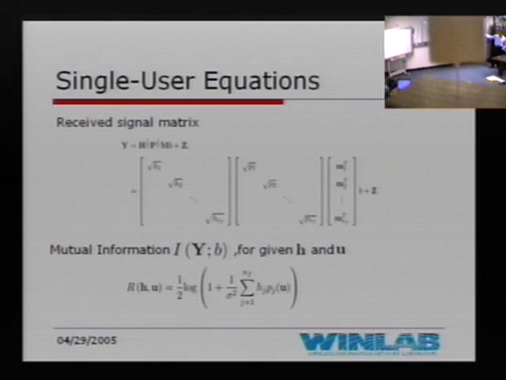So, if we go on and write the mutual information between this matrix capital Y and this symbol B, we can go through the machinery, and this is basically what we obtain. We have this term PG of U, which is the power put in the jth subchannel, and as we said, the transmitter has access to U, so the power he puts is a function of U times the channel gain H at the jth subchannel. And if you see this summation over all subchannels, this is because I am replicating the same symbol in all the subchannels, so I get a summation. And this term can be looked at as the effective SNR.